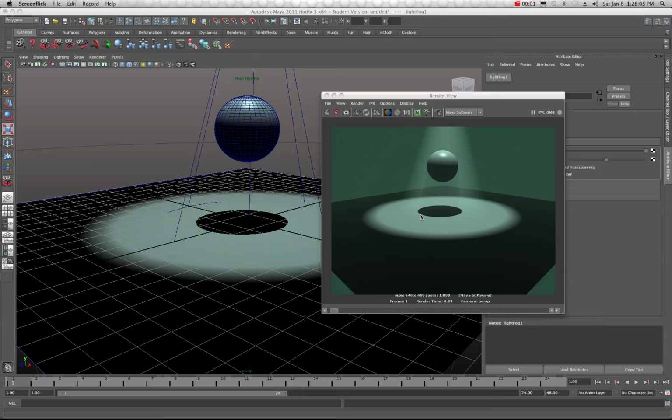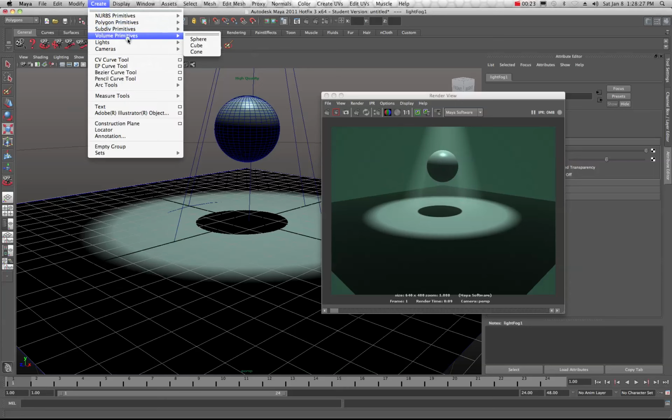All right, welcome back to another tutorial in Maya. Today it's all about volumetric fog or volume fog. And we're going to be working with one spotlight, and we're going to be creating sort of an underwater or a foggy room type of scene using the volumetric,